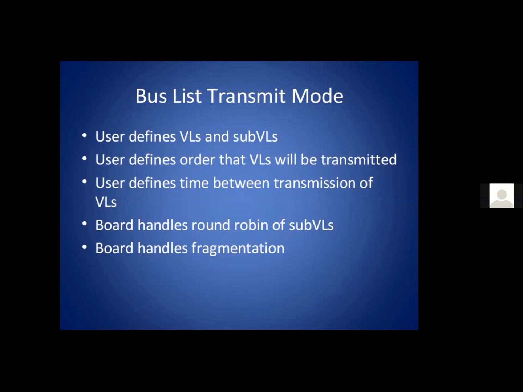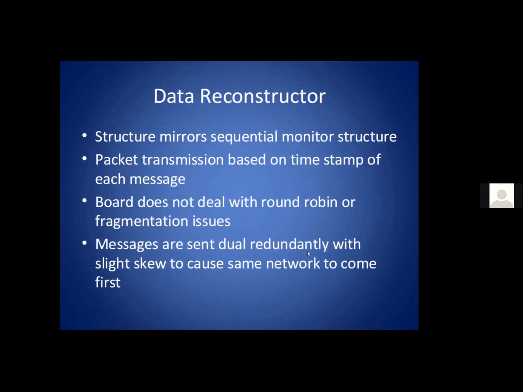We'll still handle the round robin and the fragmentation, because that's very difficult for a user to do, and because it's totally predictable what we're going to do. So we're doing the work for you, but we're not making any decisions for you. You make all the decisions, we just carry out the implementation. Okay, so those are the two